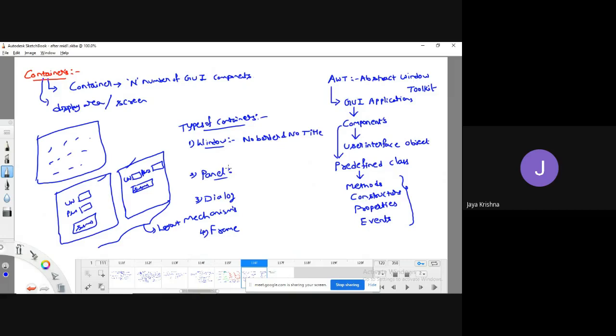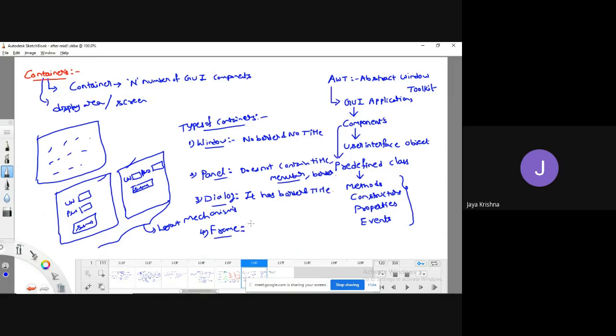The panel also does not contain a title, and there is no menu bar in a panel. A dialog is also a container which has a border and title.